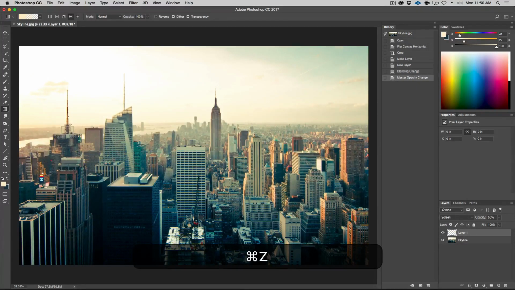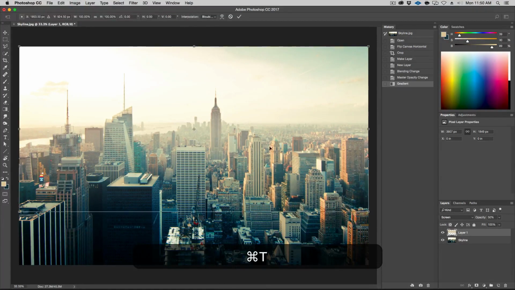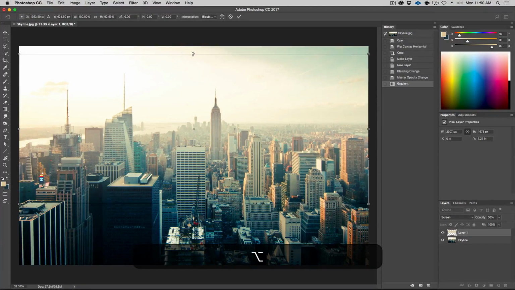So I'm going to undo that because I actually want something a little warmer. So I'm going to, holding down the Alt key again, it turns into the eyedropper. And let's try this again. I kind of like that better. It's a little dirtier, a little less saturated, feels a little hazier. So I like that. Okay. And I can always come here and hit Command T and shrink this down a bit.